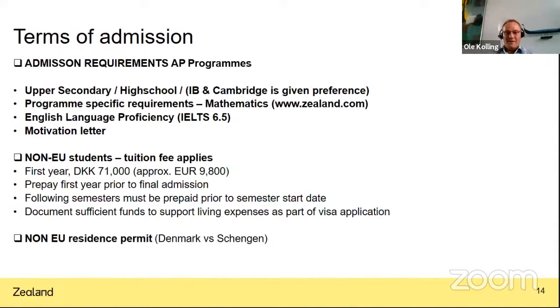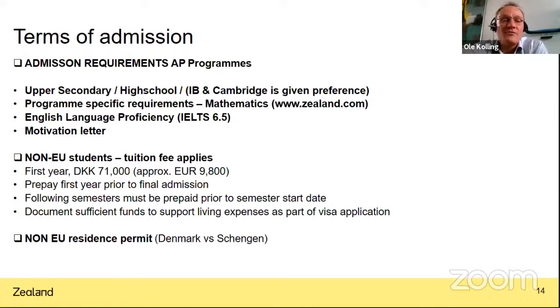Admission. When we talk about the programs we offer, what are then the admission requirements? Well, first of all, for the programs we offer, you need to have finished your upper secondary level or your high school. If you have IB, so International Baccalaureate, or a Cambridge certified background, which I know a lot of students in Indonesia have, then we actually give preference to those students because you have studied your major, high school major, in English. But of course, you can also enter with an Indonesian upper secondary entry qualification.